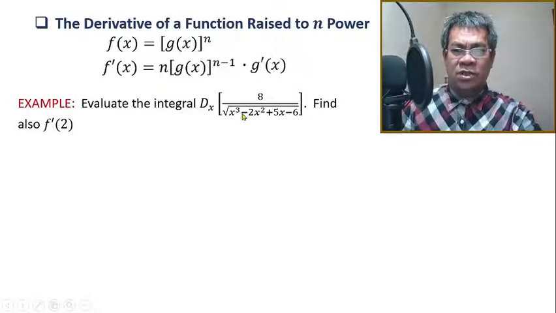So again, when you look at this one, the basic rule cannot be applied for the fundamental. Okay? Now, what do you think? Is this applicable to this problem? When you look at it in this way, this is not applicable. Why? Because the requirement of using this one must be what? A function raised to n, and the n should be a real number. There's no exponent here. So all you need to do is to transform this one, okay? Transform it such that it can be transformed into this kind of function, which is g raised to n. So the only way is to what?